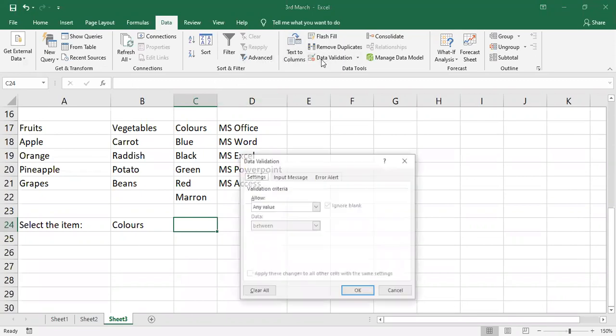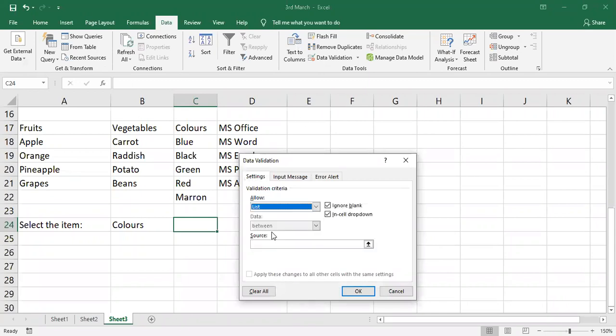Now I'll select data validation again, and then what I need to do, here I need to select list. Here I need to use a formula. So here I have to use equals indirect, okay, of which cell? Indirect of B24. See what I'm going to type now, B24. I'll close the bracket. Okay, if I click on OK, what will happen? See the function what I have used, indirect.